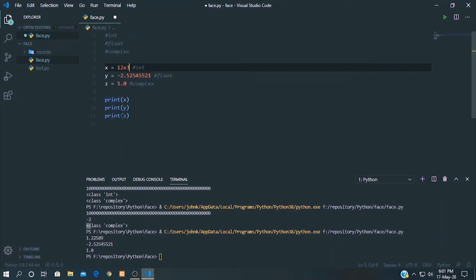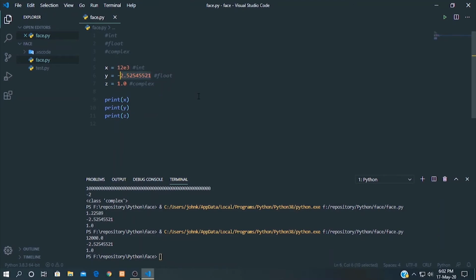Let's see what happened. Print. Okay, 12e3, which is 12,000.